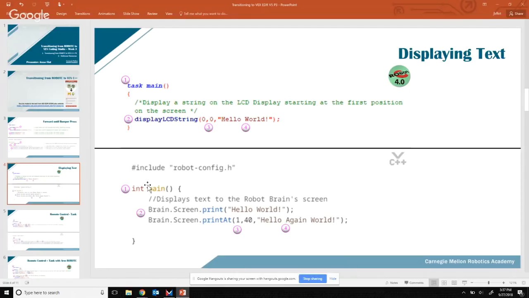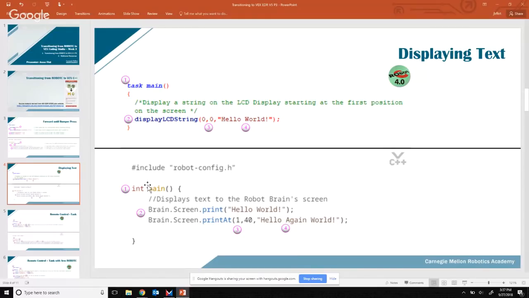I should mention that the LCD also included a 3-button array, so you could choose between different things and work with the screen. So we're not going into that level of depth here. All that we're doing is a very straightforward displaying text or displaying a string to the screen. A string is a string of characters. It's a type of data, or a data type even, inside of C++ and C, and so that's why you